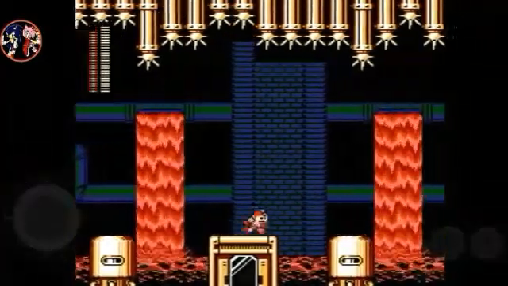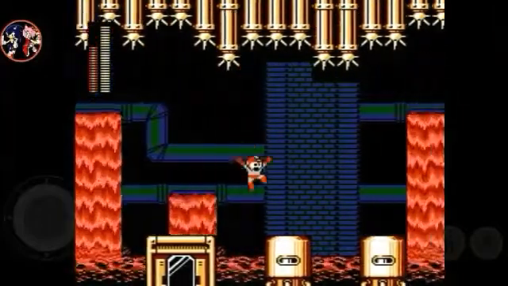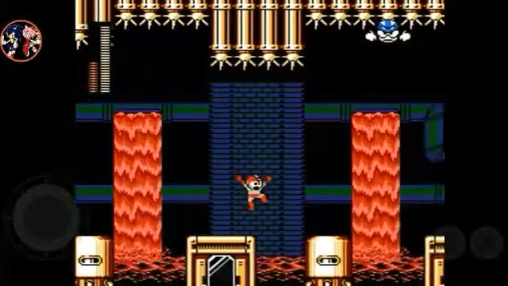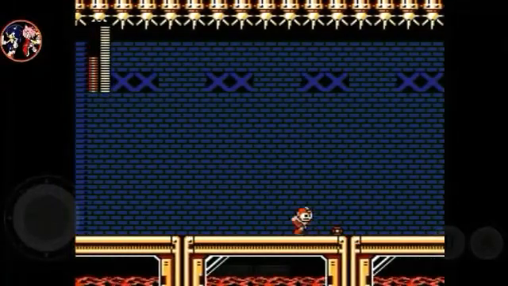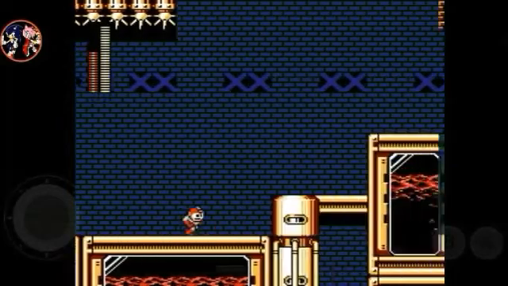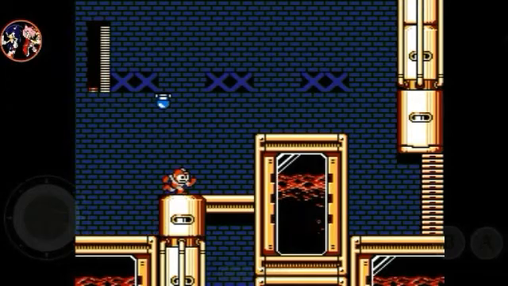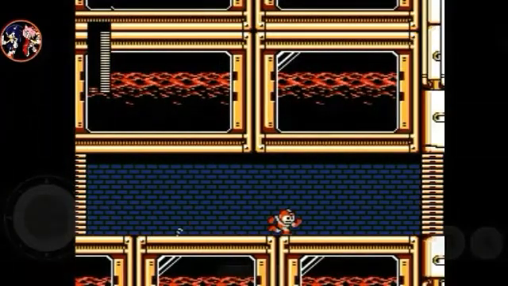Alright, this part you really need Magnet Missile right here because of the cheap placement. They put both the parachute enemies and those jumping enemies that I talked about, and that should take care of them. I guess you could rush Jet too, but Magnet Missile, love using that. Ow! Okay, let's get to the next